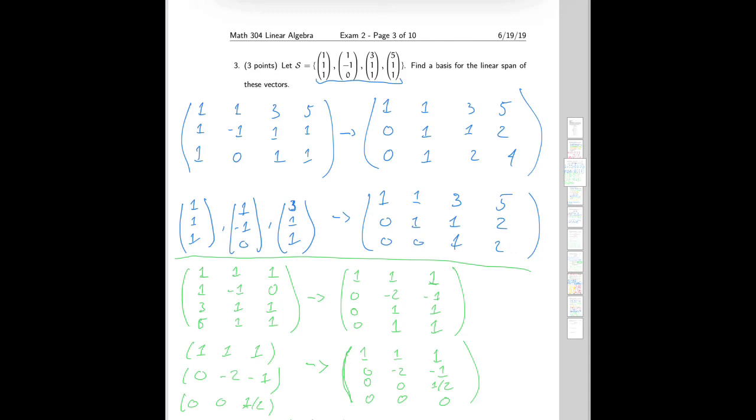One thing that's good about this method is that it's clear that these vectors are linearly independent because they have zeros in different spots. Okay, so there's no way that the 1, 1, 1 vector can be a linear combination of those other 2 vectors, because those other 2 vectors have zeros in the top entry, and the 1, 1, 1 vector does not have a 0 in the top entry. Okay, so for reasons like that, I kind of like to